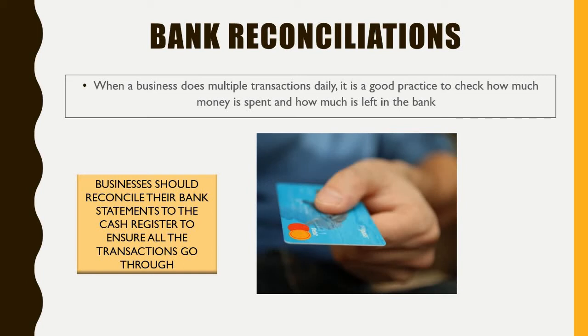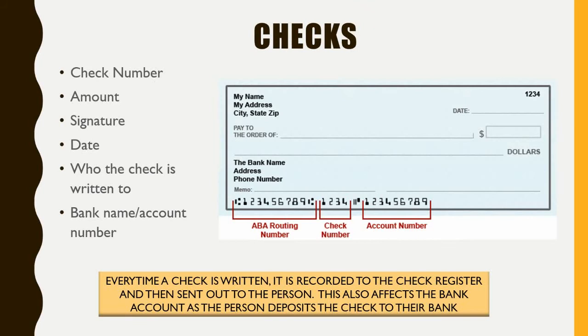Did we do this? Did we do that? Did I write this check out? Did they clear it? Did I deposit this check? What's my current balance in my bank account? When we talk about checks, we need to understand that they don't clear right away. There are lots of factors that can happen, especially when someone gives you a faulty check.